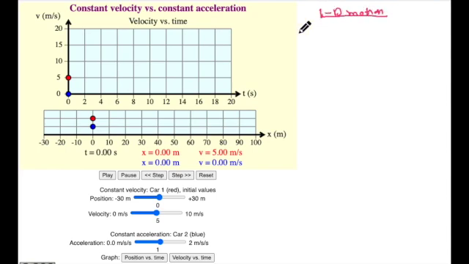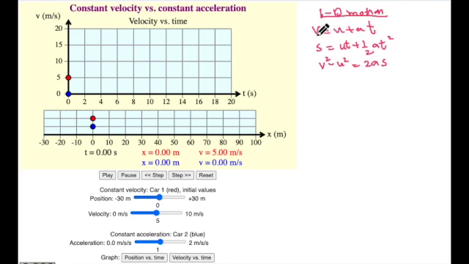As we all know, there are four important kinematic equations. Those are v is equal to u plus at, and s is equal to ut plus half at square, and v square minus u square is equal to 2as. These are the important kinematic relations which explain the motion of an object.